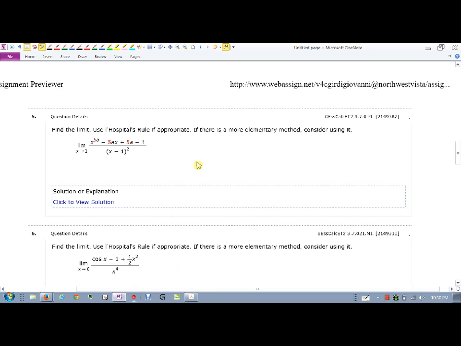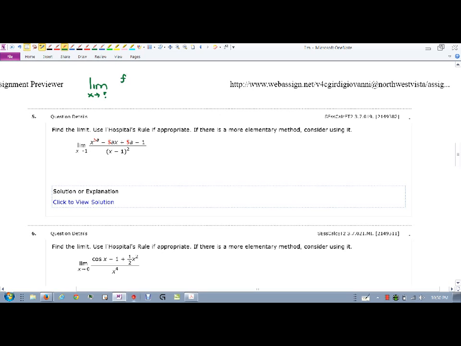Okay, working on this homework for 3.7, L'Hopital's rule. L'Hopital's rule is just a fantastic rule. We use it to calculate limits. So if we have a limit, let's say x goes to something, it really doesn't matter what it's going to,